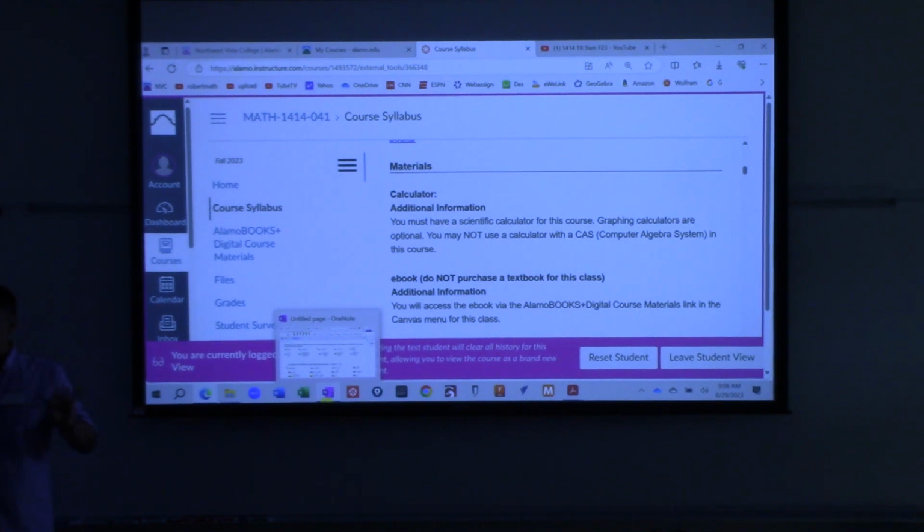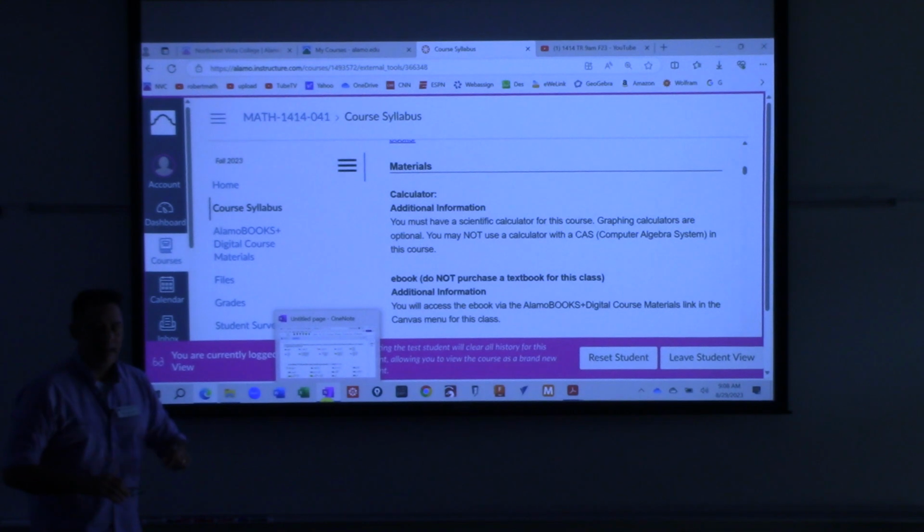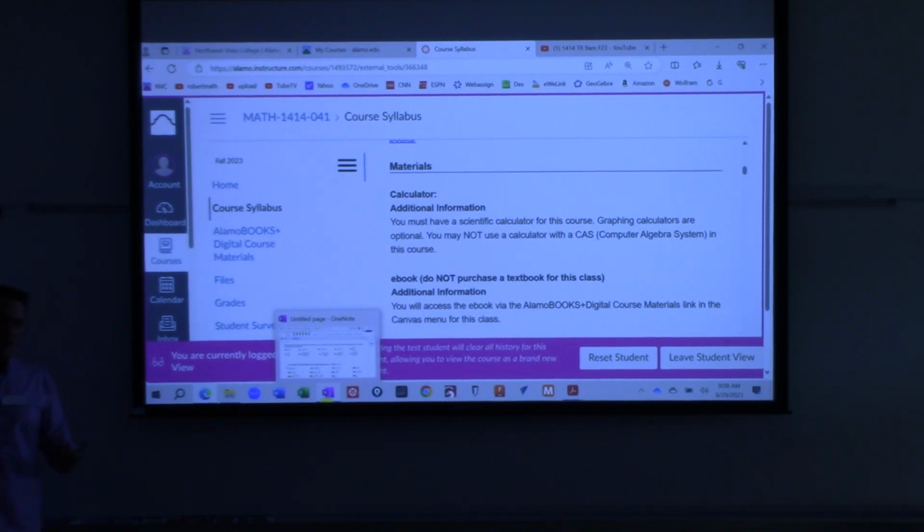You are going to do nothing online in terms of submitting work. You're not going to be putting answers into a computer. We are doing math old school, pencil, paper, grind it out, and you bring your work to class with you, okay? That's the way you learn math. You don't learn math by just going on a computer and typing in answers and then going to Photomath and Symbolab and all these other places and getting answers. That's not how you learn. So you're going to have to bring your homework with you every day, and I might not check it every day, but you need to have it done, all right? So it's important that you can get access to that ebook or else you can't do your homework.